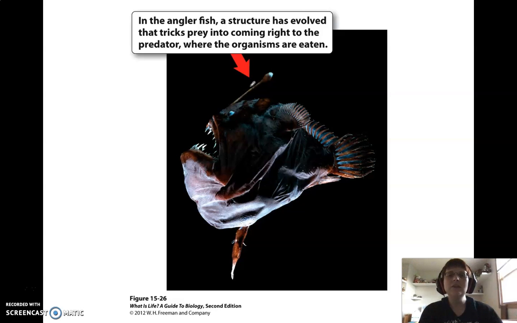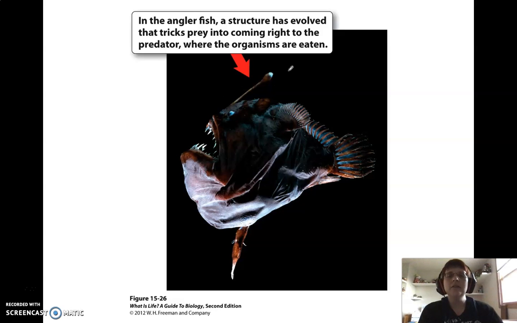They basically have a little fishing pole that hangs on basically the end of their nose, and they can wiggle it back and forth. And this one that lives in the deep sea has a bioluminescent end on it. So in the deep ocean where there's no light, suddenly there's this little light wiggling around. So it attracts things to come over, and it gets a little too close, and these big nasty teeth will chomp into it.